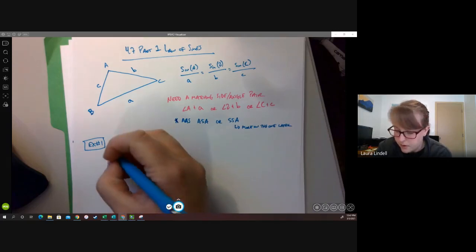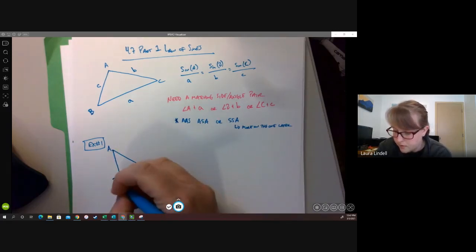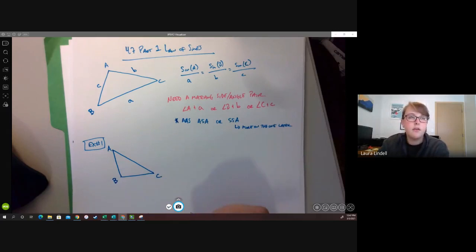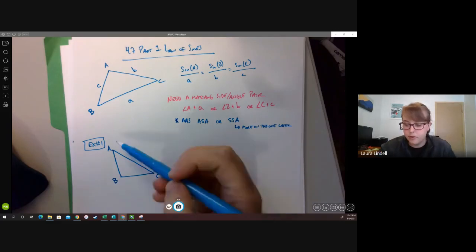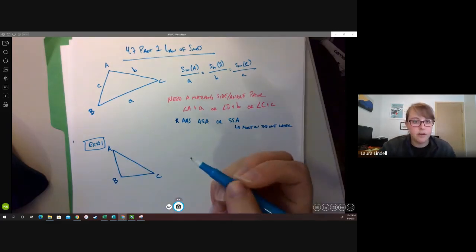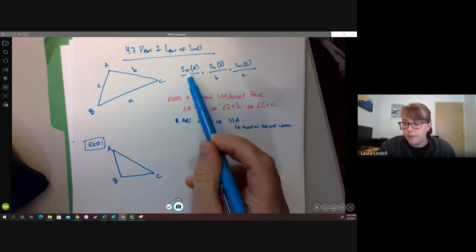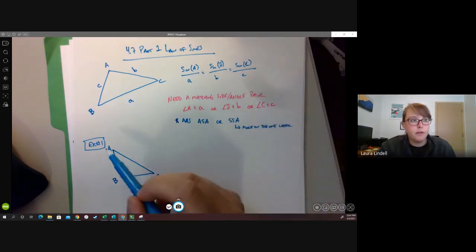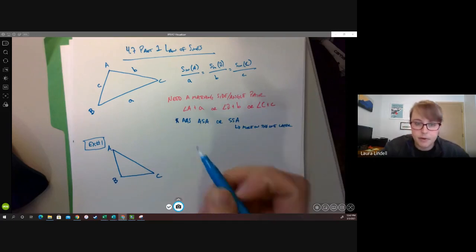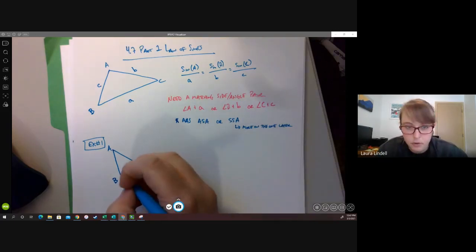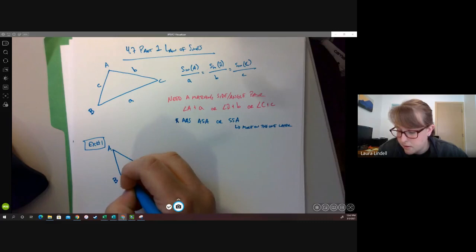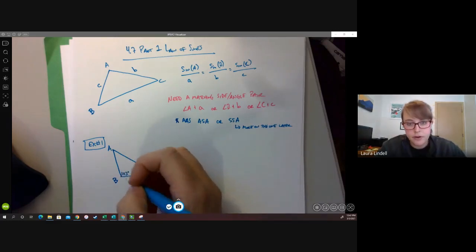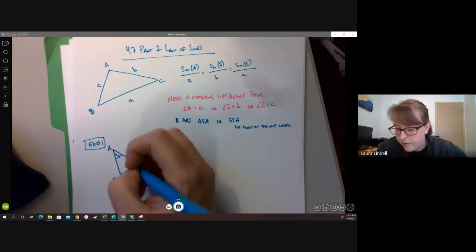So we'll call this A, B, C. And notice your triangles don't all have to be named ABC. A lot of them will be named triangle ABC, just out of convenience and how it nicely matches up with the law of sines. But you can do this for any triangle. It doesn't have to be named ABC. And so sometimes you won't see it as ABC. But anyway, 103 degrees, 35 degrees,